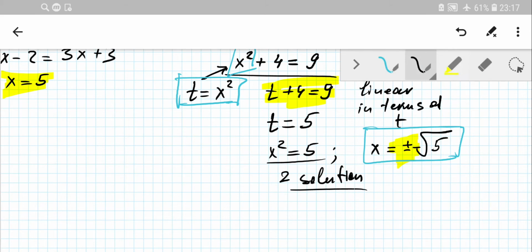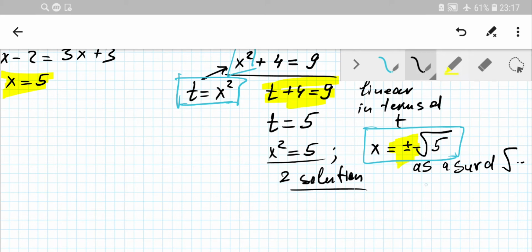If you need just to give it as a surd, so this is given as a surd. A surd means the square root of the number that you cannot work out. So that's the answer. But if you need to calculate, please guys, just use a calculator, press square root of 5,